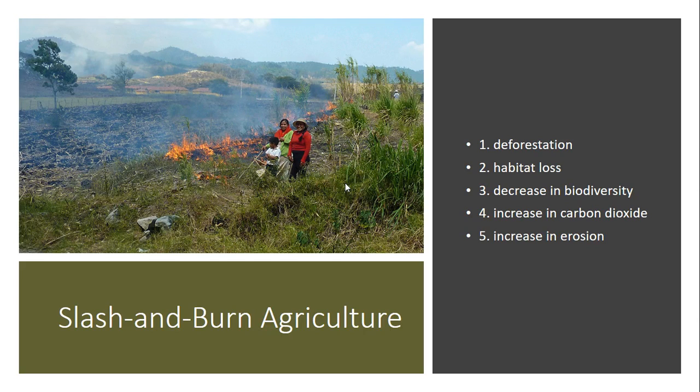So here is our slash and burn agriculture. Remember, I said previously, this is a type of deforestation in where vegetation will be cut down and burned in order to clear the land for agriculture. Now, why is this so environmentally damaging? Well, number one, when we burn anything, especially when we're going to be burning biomass, it's going to release a lot of greenhouse gases.